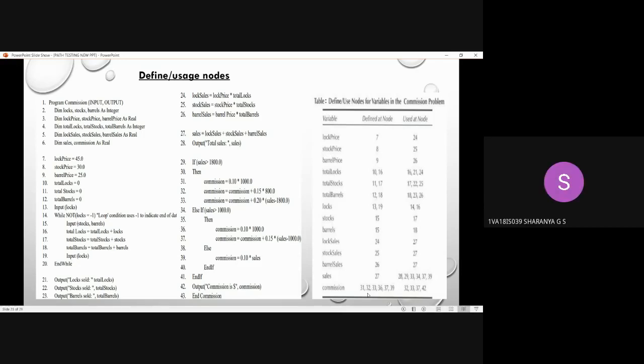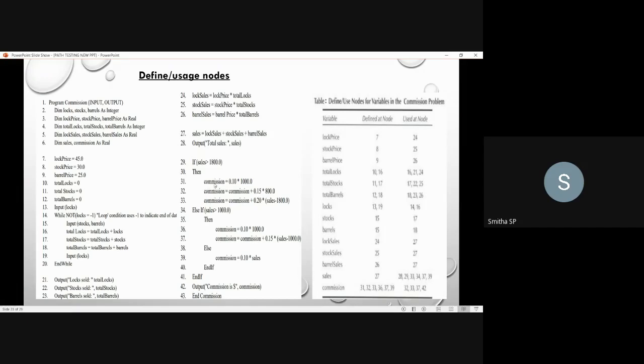Ma'am, 31, that node we are using it to calculate the 10% interest, ma'am. And the 32 node, for the rest of the 800 we are calculating at 0.15, ma'am. Yes, so I'll tell you. As the 31st, you have defined the commission, right? So you'll get some value for that, and it will be stored in whatever you have defined in the 31st. So in that commission, you will be having that value.